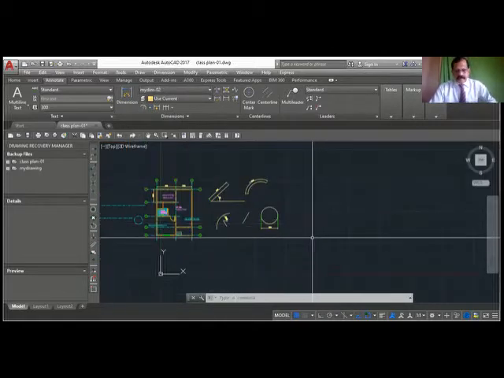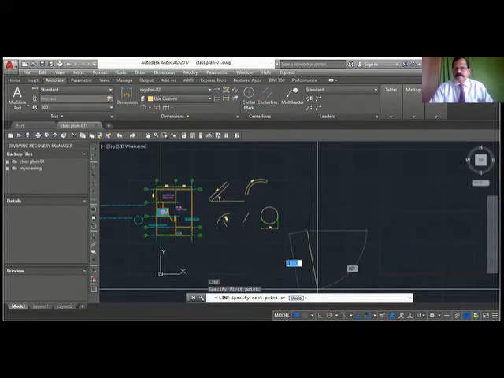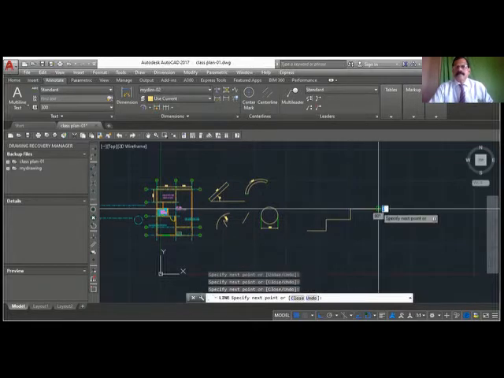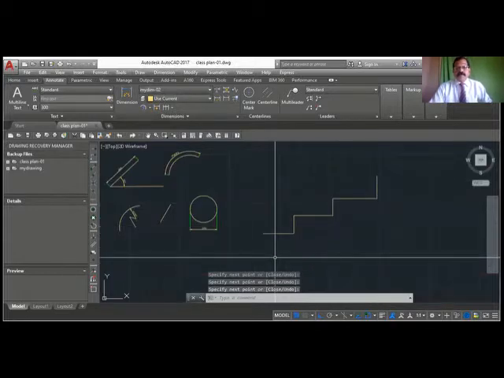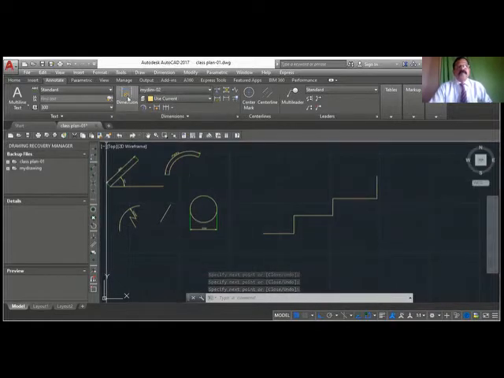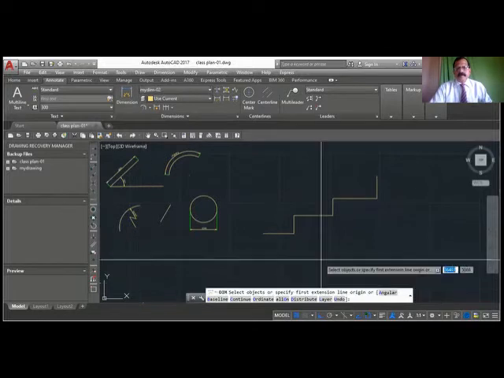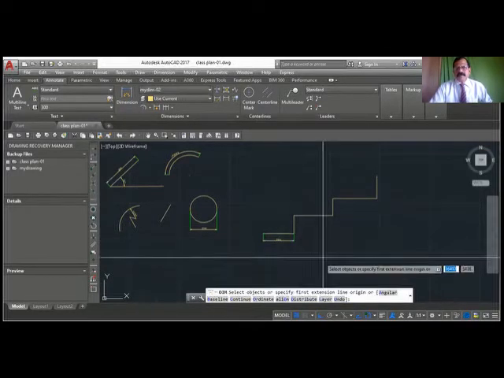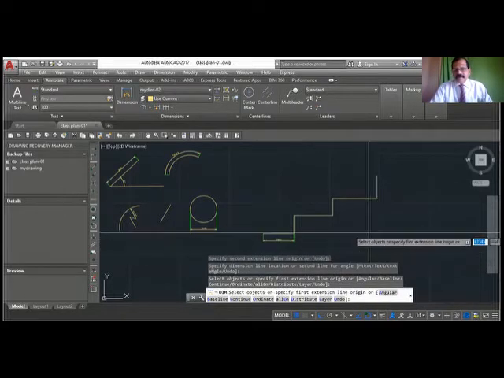And suppose I have a line here. I want to do the dimension for this. So first I will do dimlin. When you use this one, this is dimlin only. Click this. First point, second point, location. Now I want to put the other dimension, same line continuously.